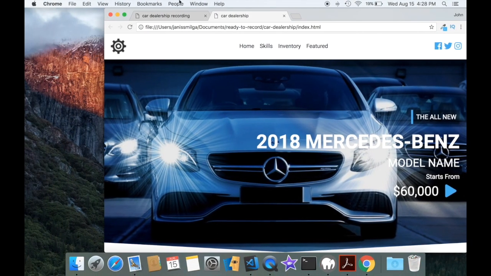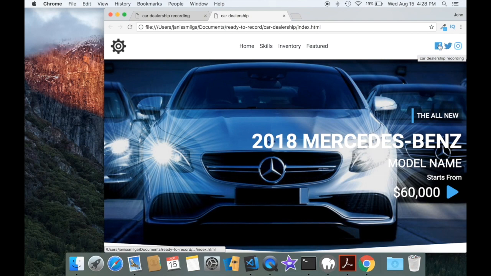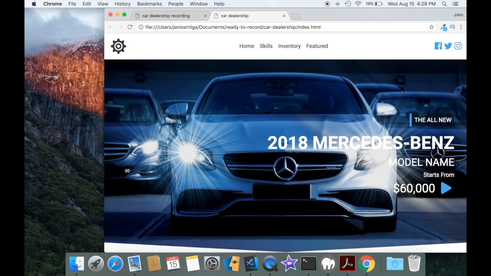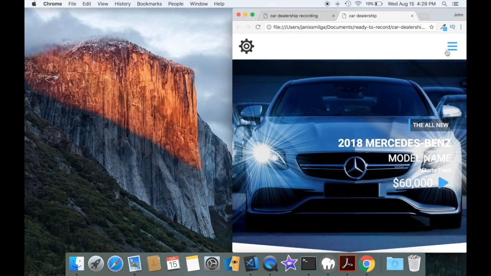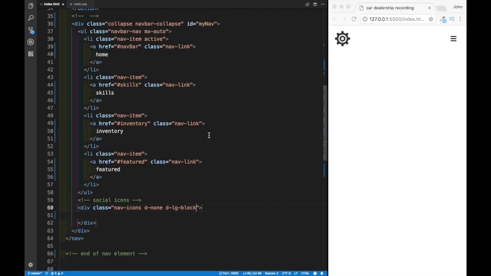We see over here, once we have the navbar, once the screen size is actually large, I'm going to have these nav icons over here. However, once I make my screen size smaller, even after we click the button, you can see that I cannot see my nav social icons. And this is what these two classes do. The first one says that there should be a display of none, so the nav icons should always be hidden. And then I write that the icon should be displayed as block starting from a large screen,